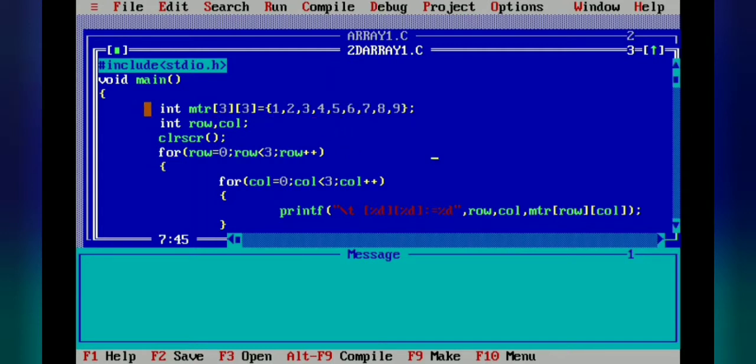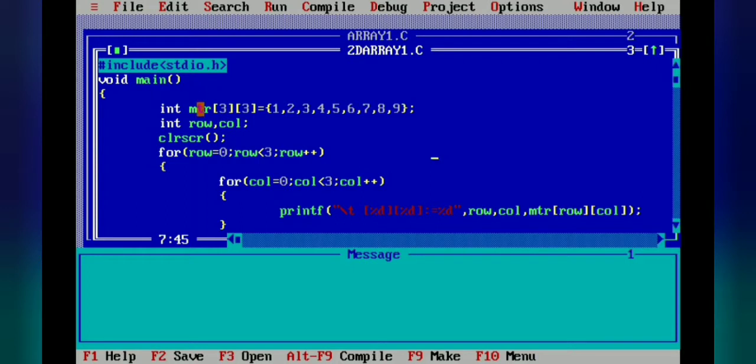What is the syntax here? First you have to write the data type of your array variable, then your variable name. Here we are going to display a 3 by 3 matrix, meaning a table with 3 rows and 3 columns. In this form I want to store my data in an array.